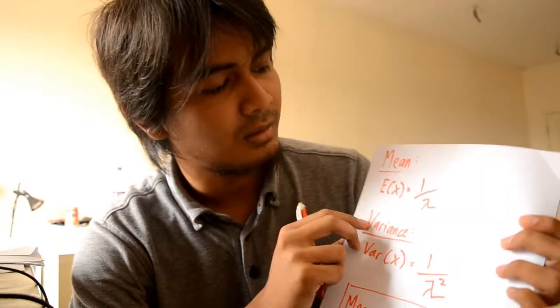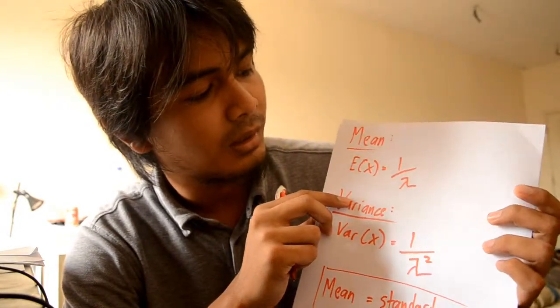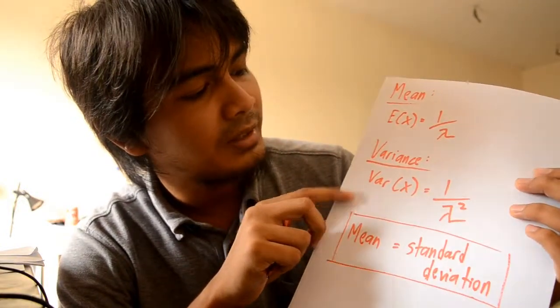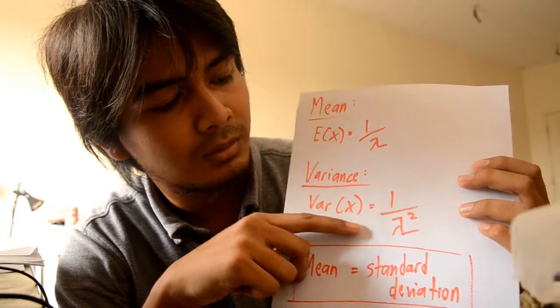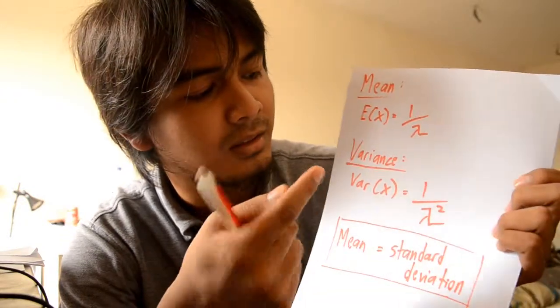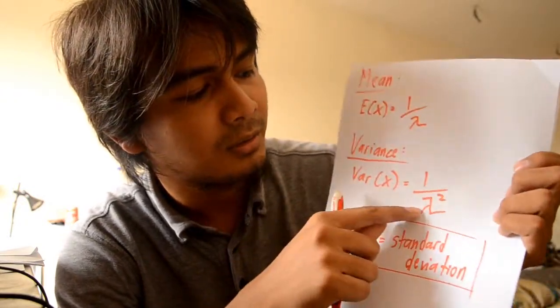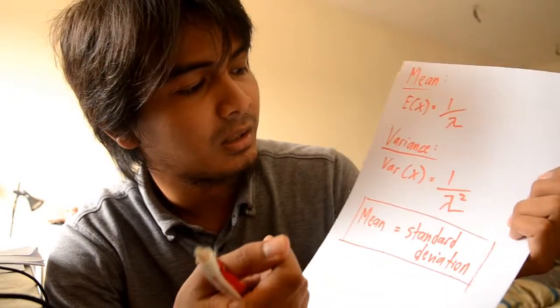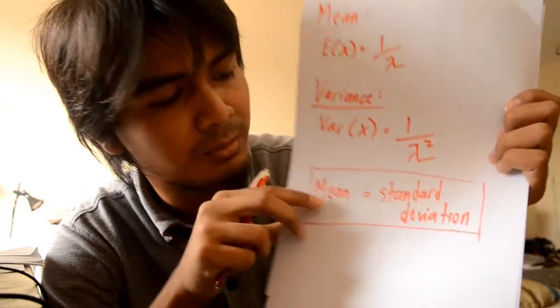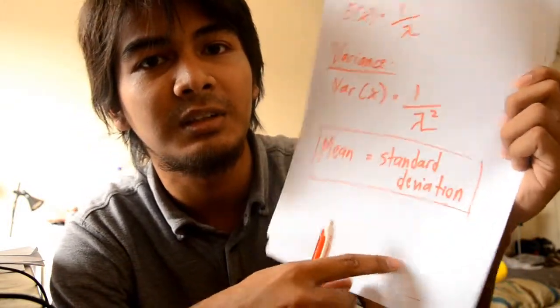From the probability density function, if we want to find the expected x or mean, we get 1 over lambda, and for variance we get 1 over lambda squared. Since standard deviation is the square root of variance, if we square root 1 over lambda squared, we get the same answer as the mean. So for exponential distribution, mean is equal to standard deviation. Next I will explain examples of